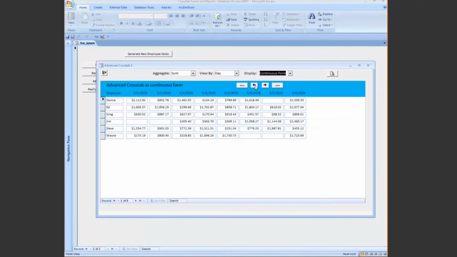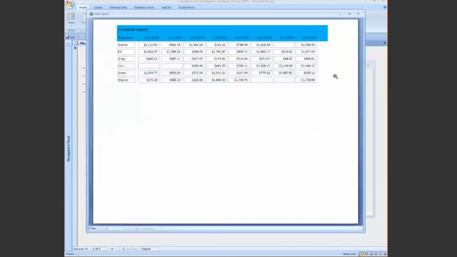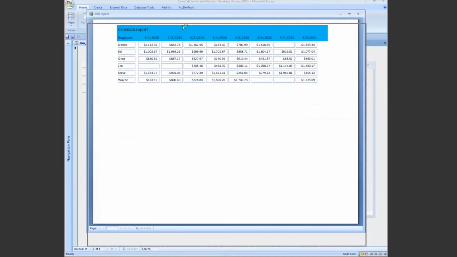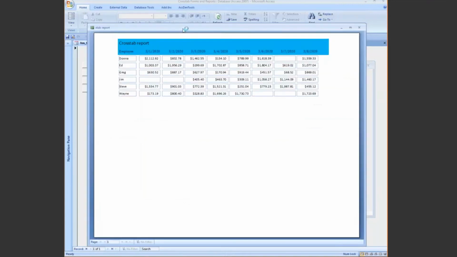In this particular case, I think I had to do it in the form open event, because if I tried to do it after the form had loaded, it gave me an error that said I could not reset the values of the controls. So I'd be interested in knowing if anybody